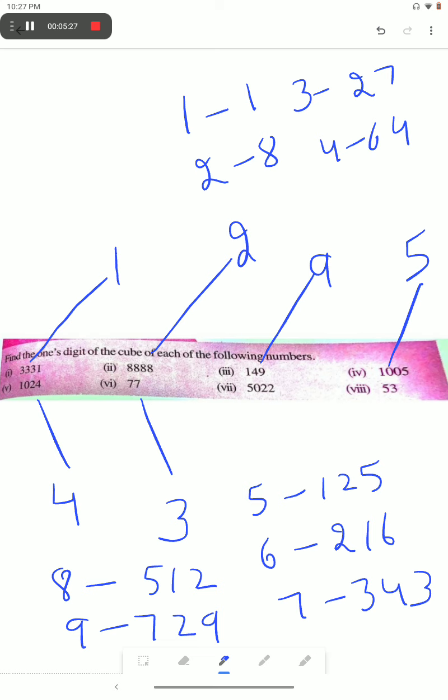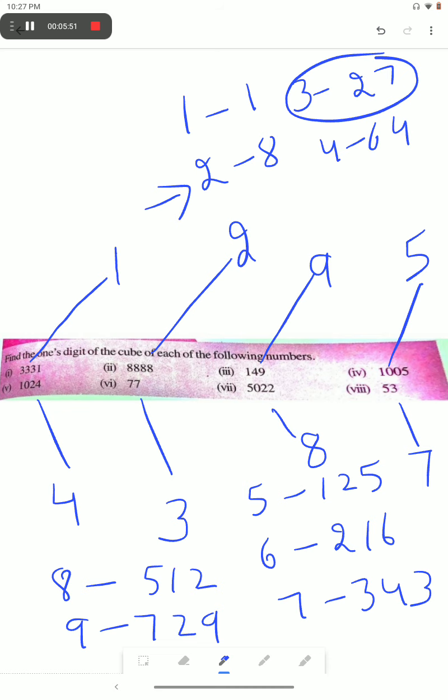It means now it is 2, then go to 2. In case of 2, what is its cube? 8. It will contain 8 at its unit place. 3 means this one. It contains 7 at its unit place. It means you will have 7 at its unit place. Okay, now everything is clear.